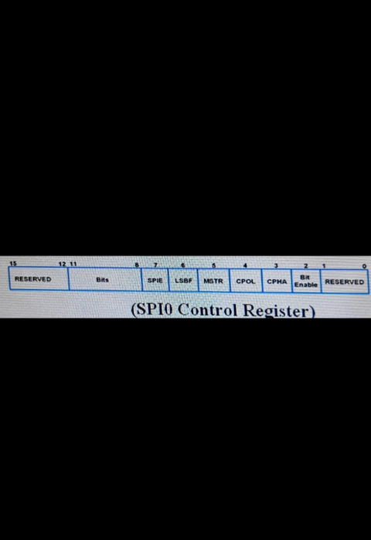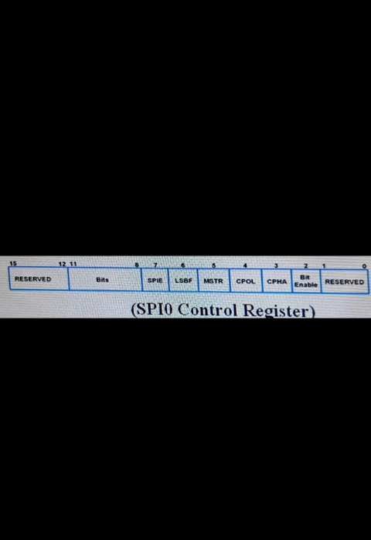When this bit is 0, the SPI controller sends and receives 8-bit data per transfer, and when this bit is 1, the SPI controller sends and receives the number of bits selected by bits 11 to 8.